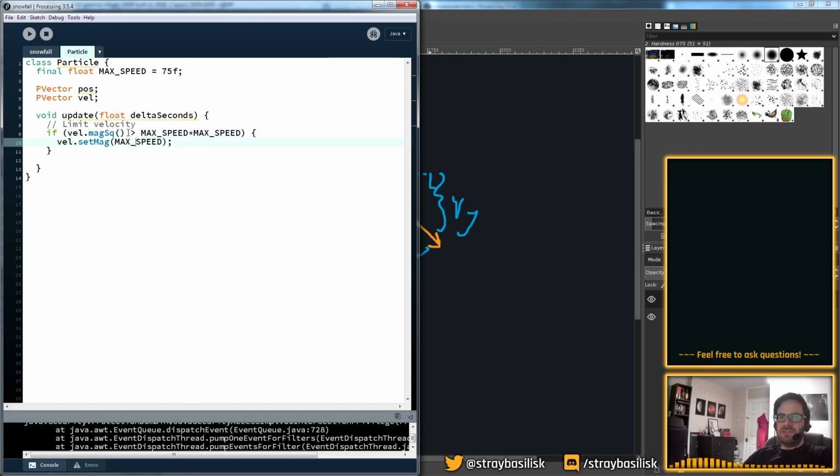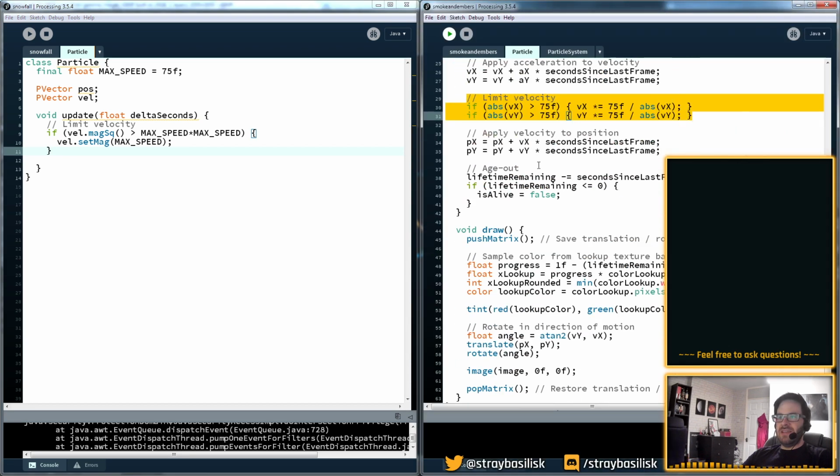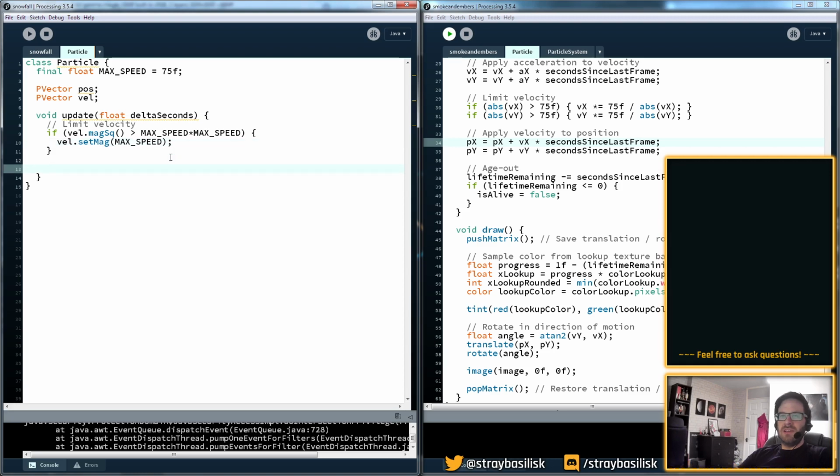And then if it turns out that we are going too fast, then we're going to do set mag, which ultimately will probably do that square root work, but we only do it if we need to. So we limit the velocity, put a speed limit on the thing, and then the next thing we want to do is basically this. So I'm going to say pos dot